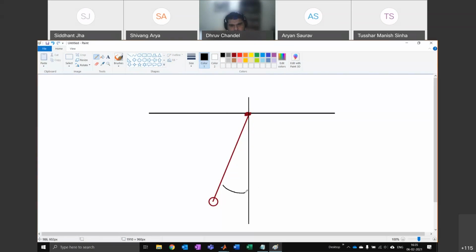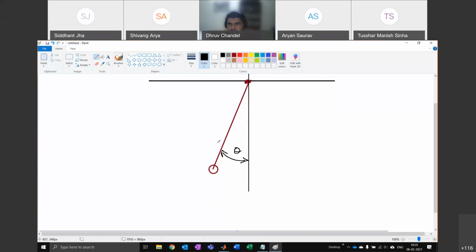If you do an approximation on this angle theta, you can work out the forces very easily. I hope all of us have done this in physics. The force acting on this is mg downwards. Perpendicular to this, it's going to be mg sine theta.